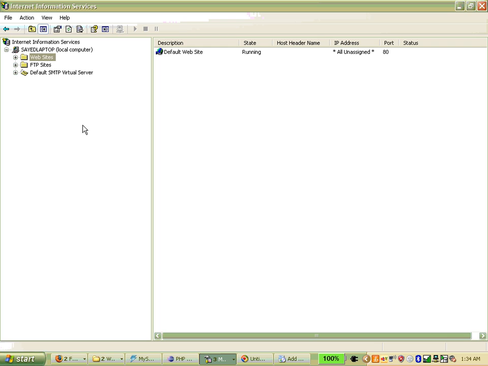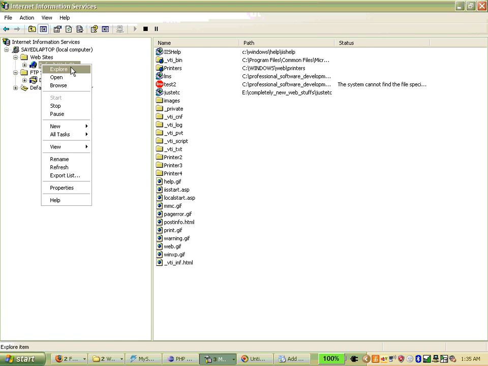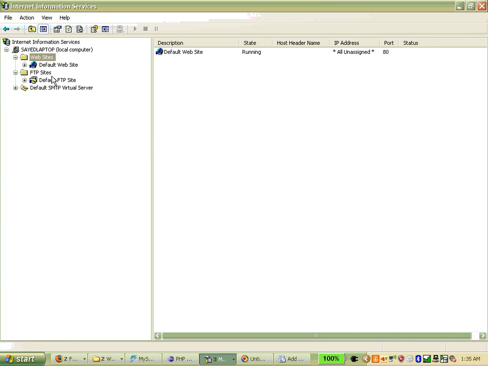So one thing is that in different versions, if you right click, they will allow you to create a new website, but here you don't see new website, new virtual directory. And also I think in 6 you will see server extensions or supported server extensions. There is one more option, so you can use that to configure IIS to support PHP or some other stuff. Anyway, for our case,